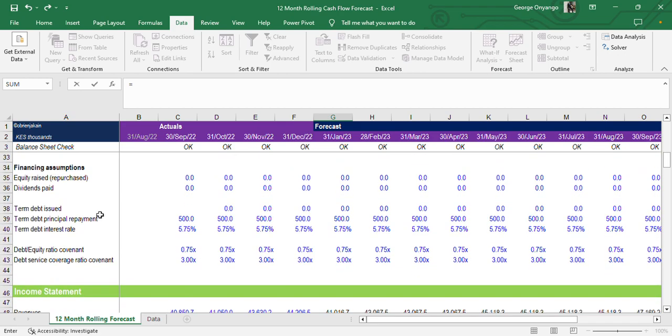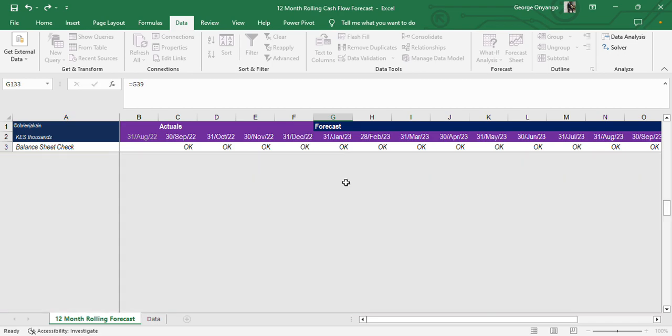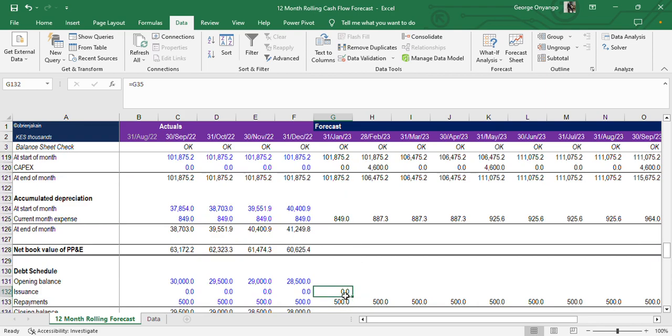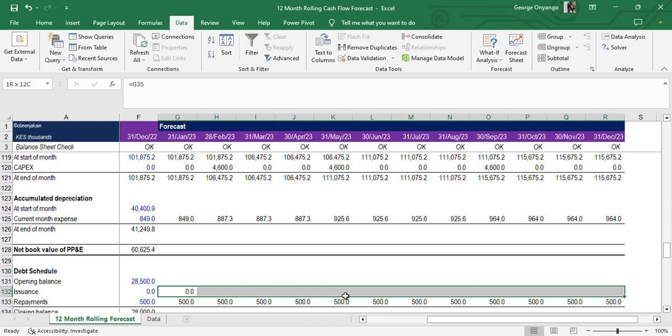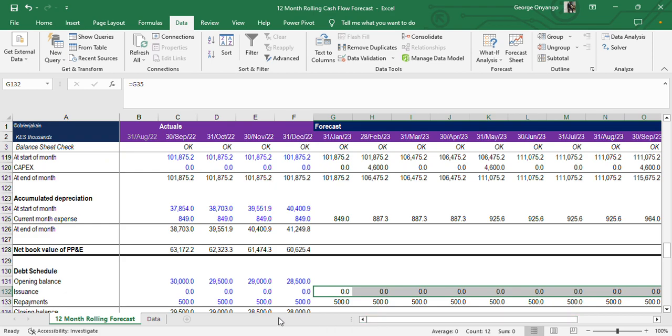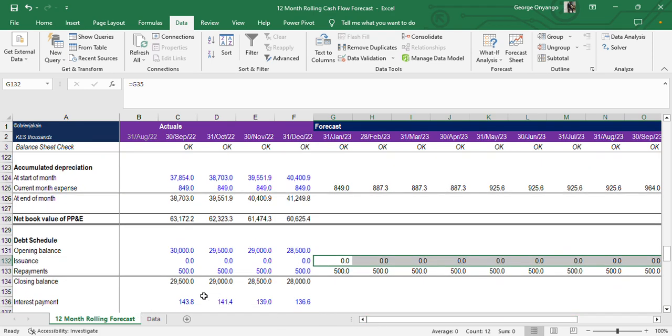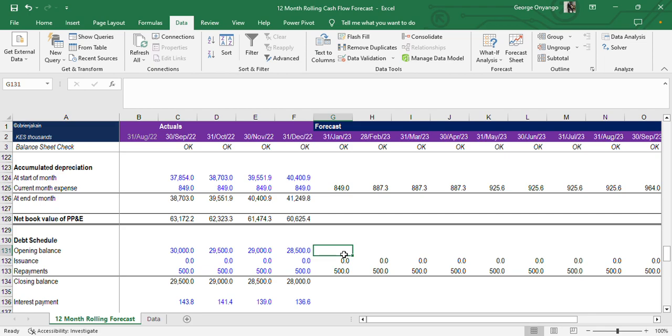We get that value from here. So we simply fill that right, see whether there is some period where they issue some debt, some shares. No. Then the closing balance for the last month is the opening balance for this month, so this one is going to be equal to that, and we simply fill that right